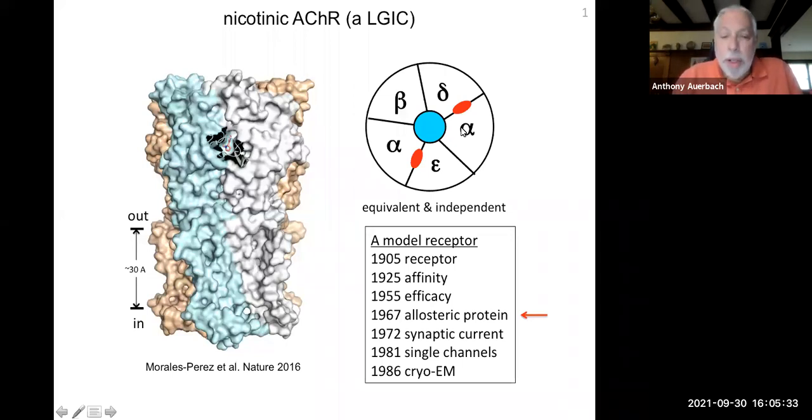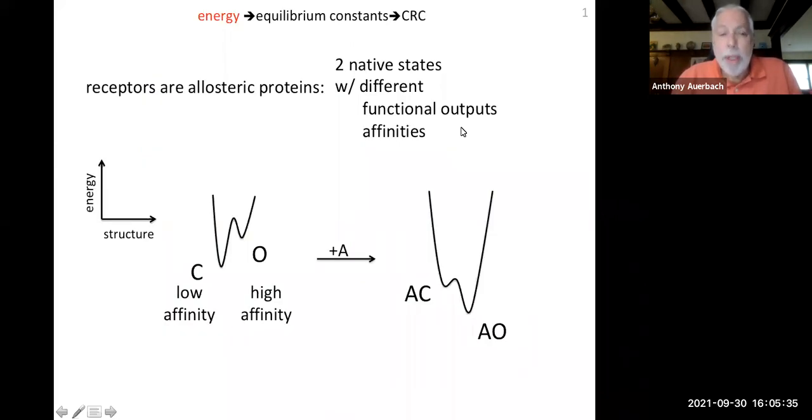I'm going to use a very simple definition of an allosteric protein. It's a bistable protein that has two native states with different functional outputs that have different affinities. Now, we're talking about receptors, so we're talking about binding energy here as the input. But voltage-gated channels and mechanical channels are also allosteric proteins, so you can replace affinity by whatever stimulus energy is